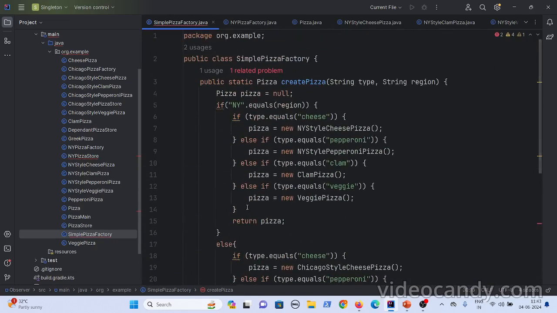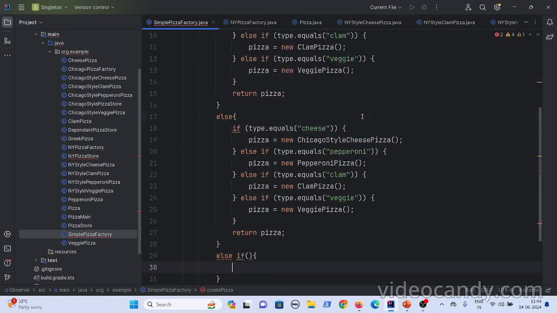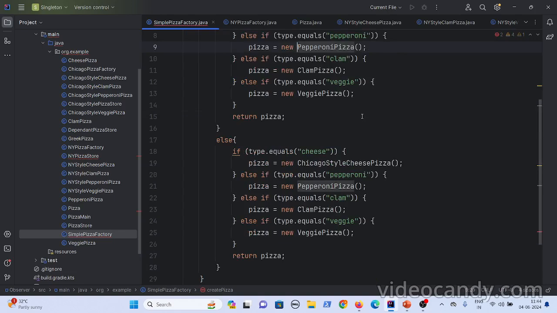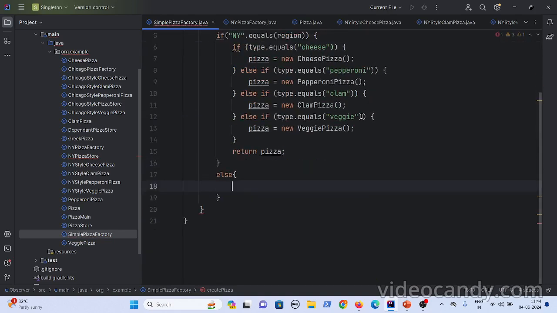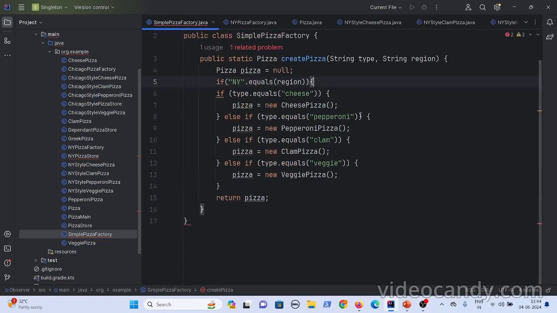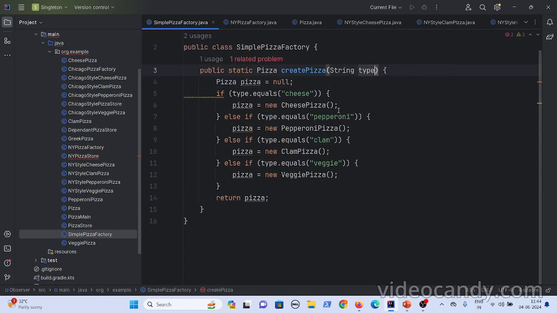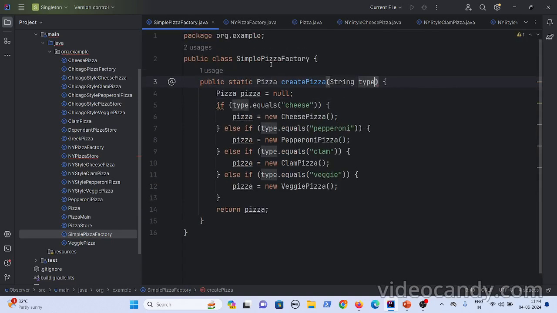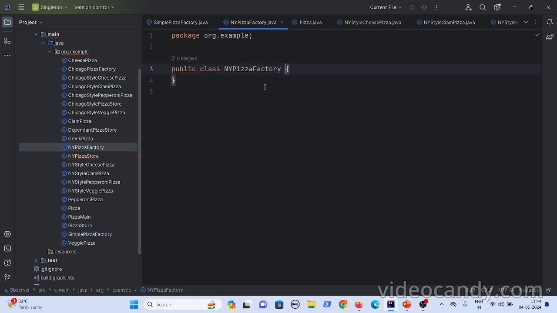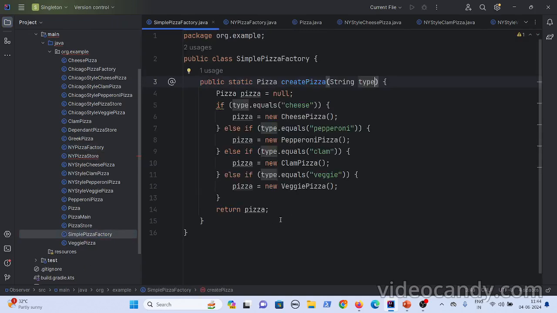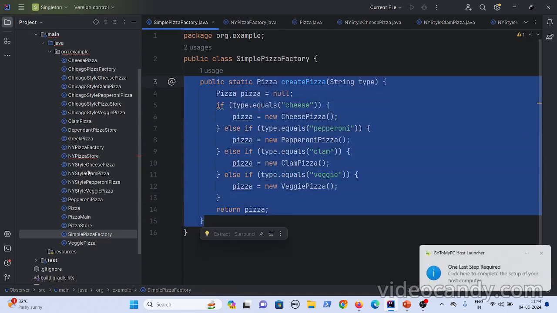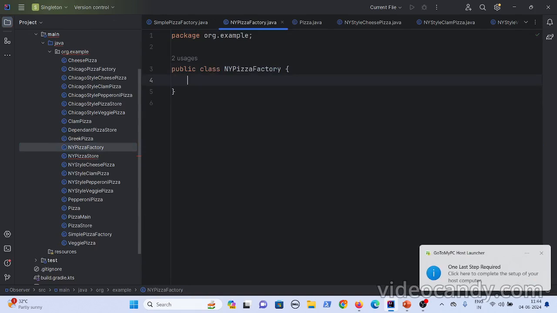This is one approach. And the other approach is, anyway I have a factory, right? If you see the initial simple factory method, what we have done is, you just have a factory, okay. You don't have all these if clauses. Now you have this factory, so what you can do is create another specific class for each factory. So for New York style, you can create NY pizza factory, and you can add only New York related methods here. Whatever methods you have here, you can go to the New York style pizza factory and you can add them.